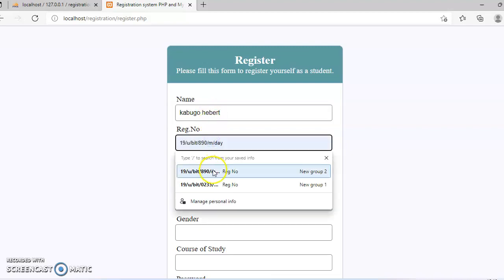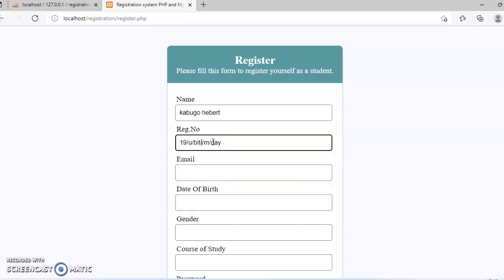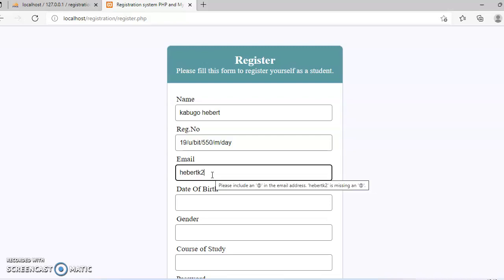The registration number 550. Email herbertk@gmail.com.